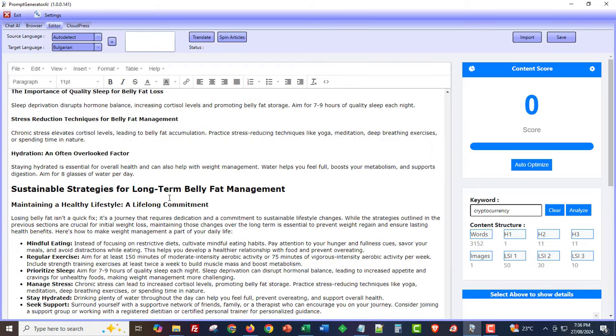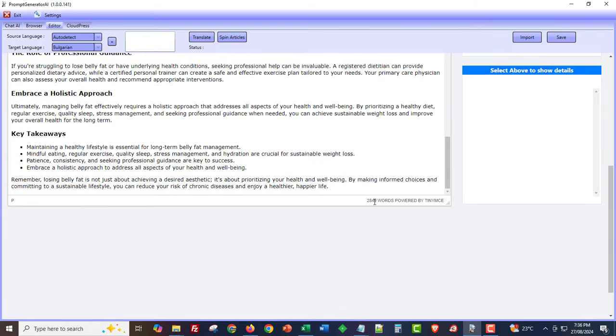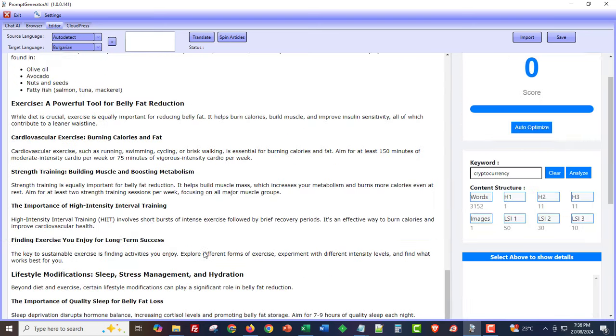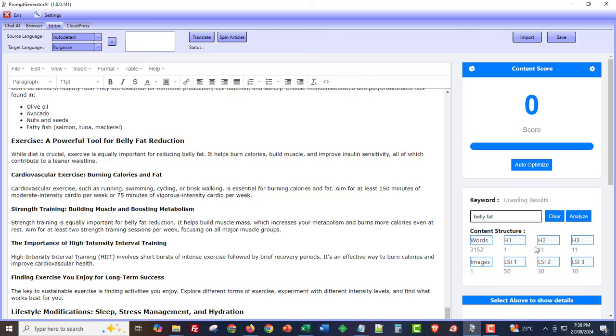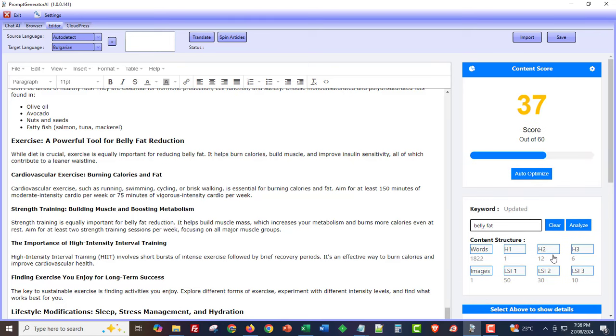Okay, and it's 2,849 words. Okay, fantastic stuff, guys. And we can check this against, for example, belly fat, I think it was. So we can come down here and go belly fat, and we could analyze this, and this will crawl Google. It will visit the top 10 ranking sites. It'll find out how many words they've got in there, what type of headings and everything they have in there,